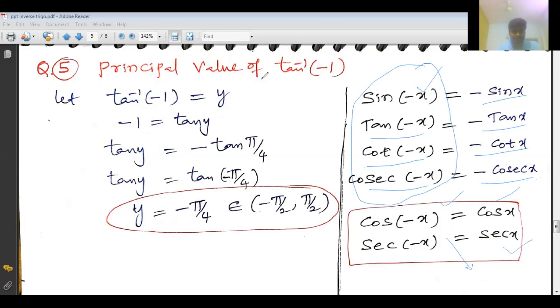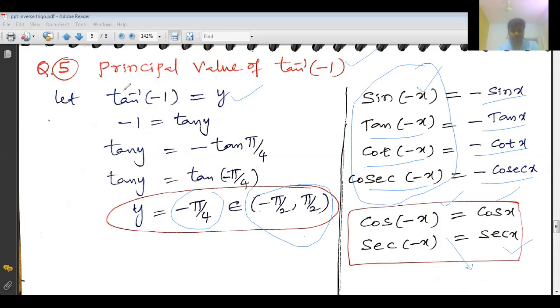Now, so tan inverse of minus 1. So how am I solving here? See, can you tell the answer for this directly? What is the answer? Minus pi by 4, correct? Because minus pi by 4 lies in its range or not? So what is the range of tan inverse of x? Minus pi by 2 to pi by 2, open interval, correct? So here minus pi by 4 belongs to minus pi by 2 to pi by 2, open interval. So directly we can tell the answer here. But how can you solve in CBSE for getting 2 marks or 1 mark? See, like this. First of all, take this as y.